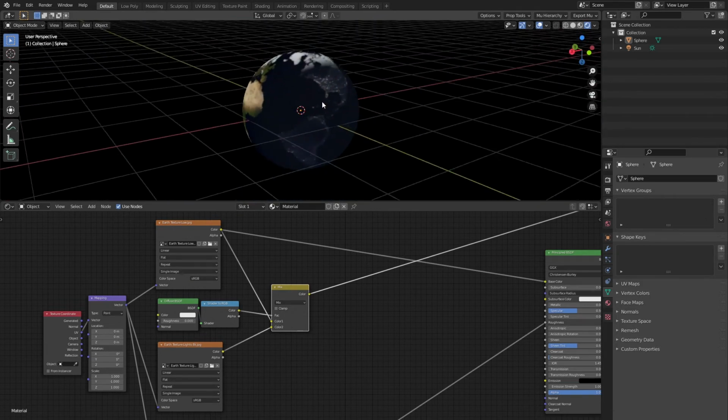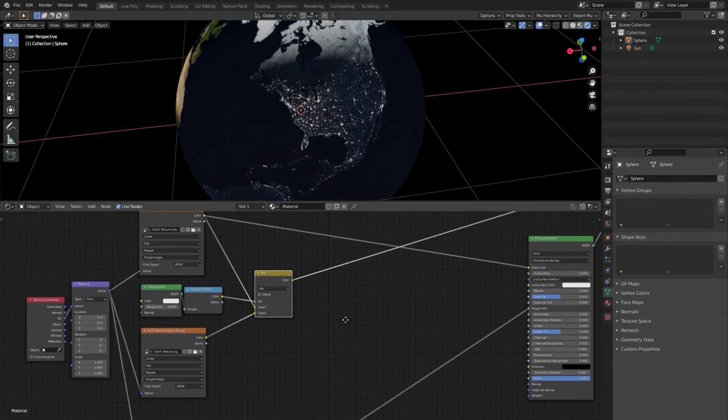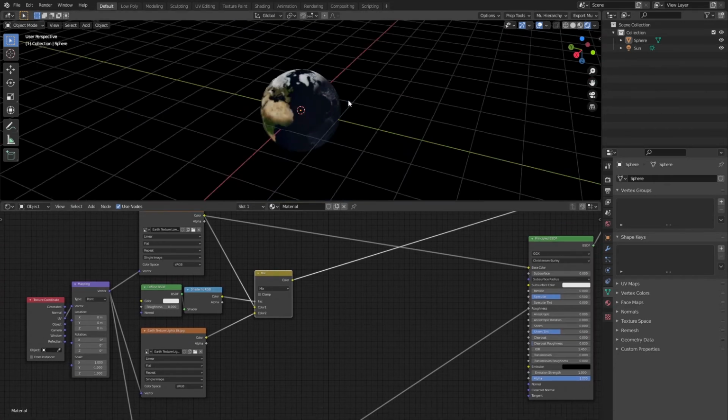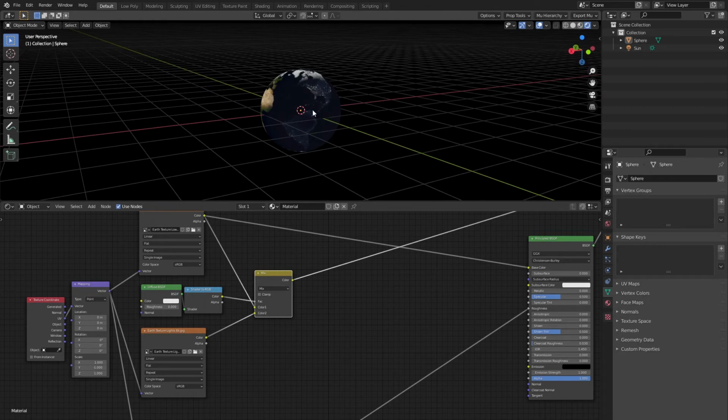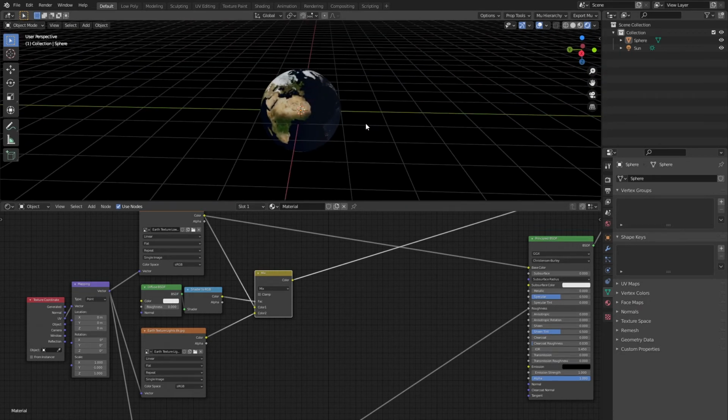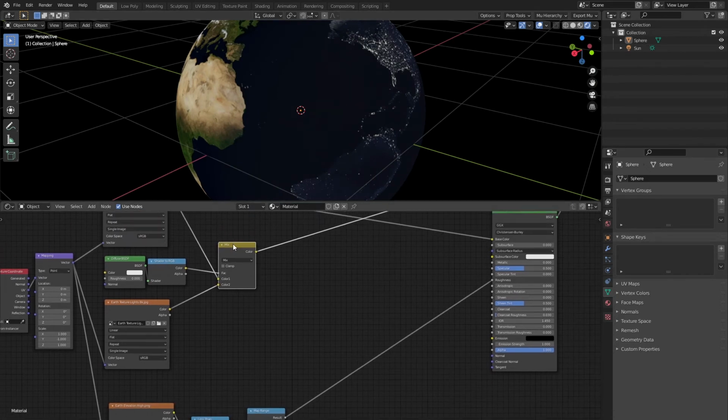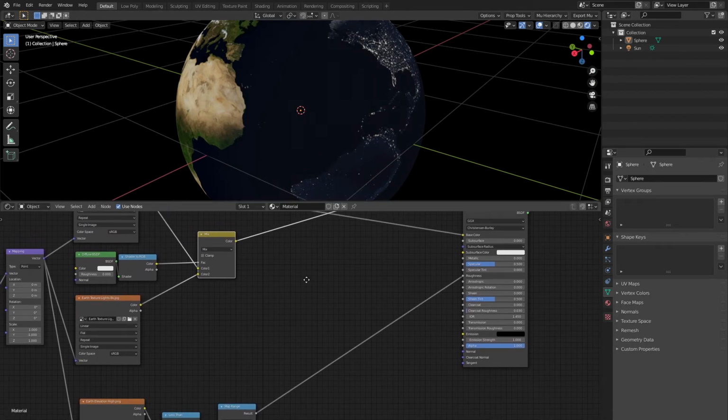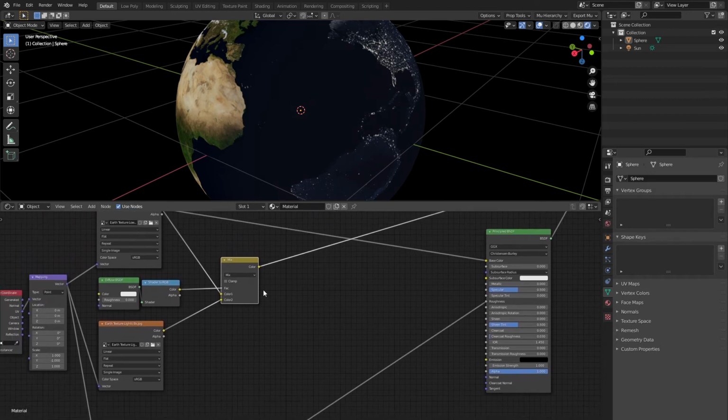The only other thing is, technically we want emission on this side. So at that point, it may be easier to just go with two different shaders, but you can also use this Shader to RGB node to get an emission mask, for example. So if we now take a multiply node, a math node, sorry, since the emission color is going to be different anyway. So now let's get a math node and let's set it to multiply, and let's multiply the color by the Shader to RGB,